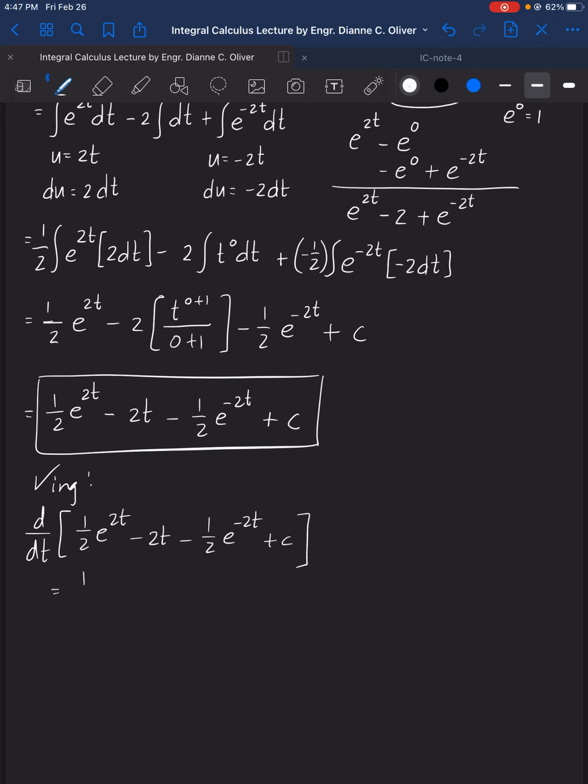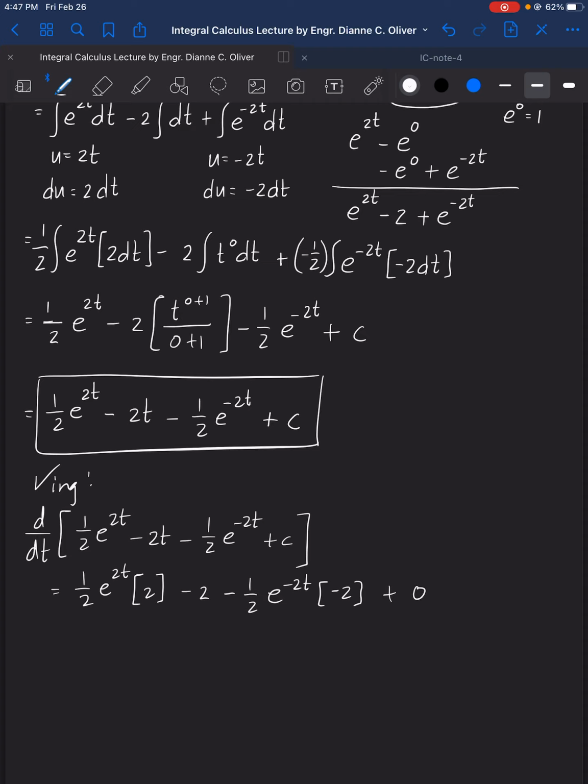So that is equal to 1/2 e raised to 2t, then the derivative of the exponent, which is 2, minus 1/2 e raised to negative 2t, derivative of the exponent, which is negative 2, plus derivative of constant c,